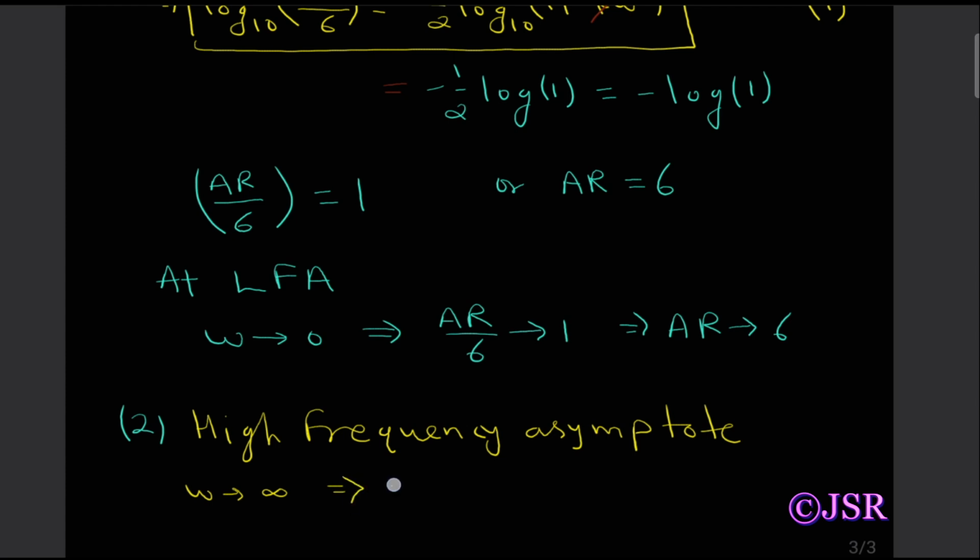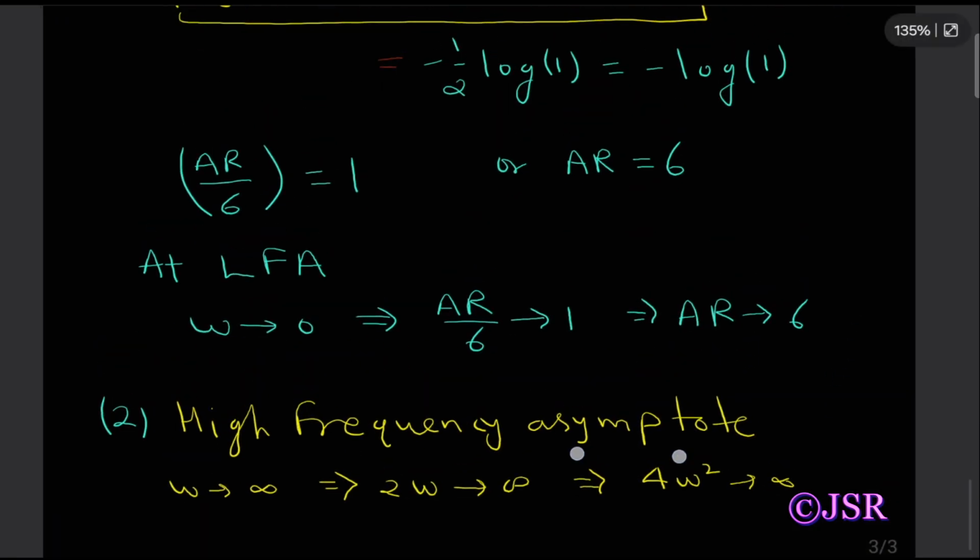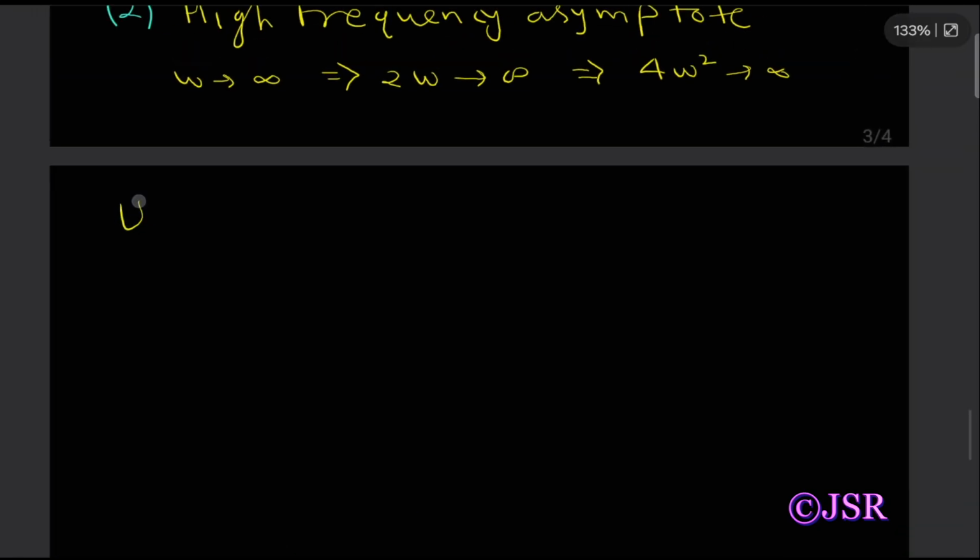It means omega tau, that is tau omega, tends to infinity, or tau square omega square tends to infinity. So using equation 4,